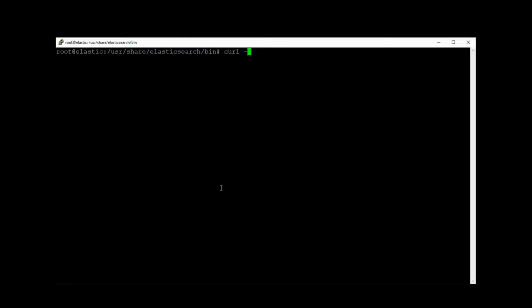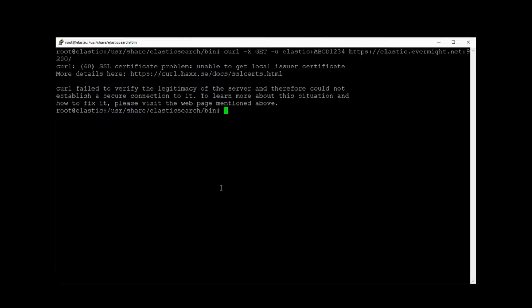And that should be good. Let's try using curl to hit our API endpoint. So curl -u elastic:abcd1234 https://elastic.evermind.net:9200. Okay, curl failed to connect to our server because it doesn't recognize the certificate authority that we signed our certificates